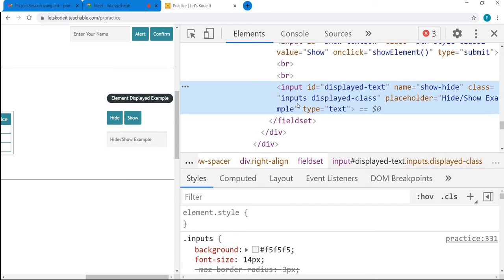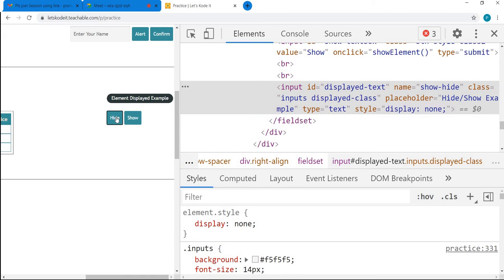There is the ngIf directive in AngularJS. So on a certain condition, the element gets put into the DOM of the browser, and on the other condition it gets removed from the DOM of the browser. In AngularJS applications you will encounter this kind of implementation where, after I click on hide, the ngIf directive removes the element from the DOM, and after clicking on show, ngIf puts the element back into the DOM, right? So how do we check whether our show and hide buttons are working fine or not?